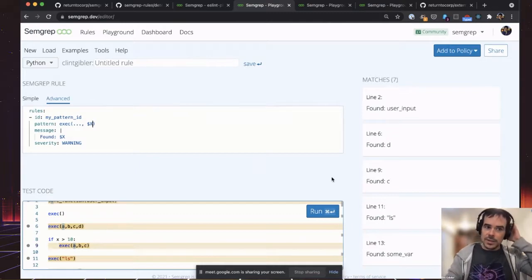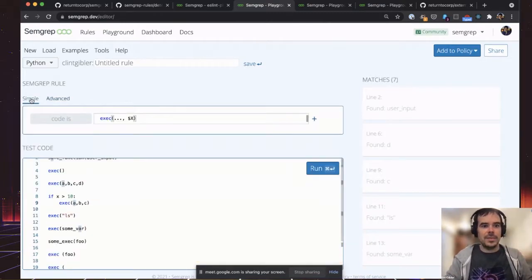Very cool. Yeah, so that's like the basics. That's within one pattern, but you can combine patterns. Sometimes you might want to say this, or this and that, or this but not that. Here's a very simple way to say I want to find any call to exec